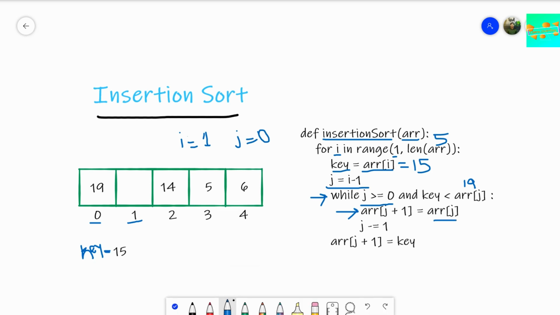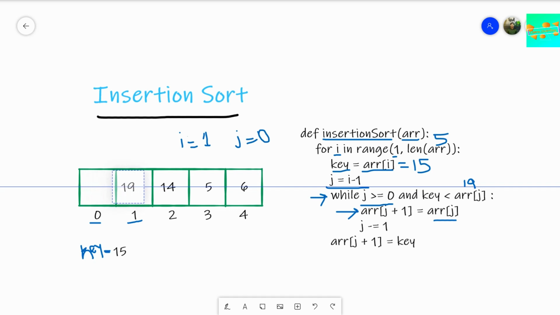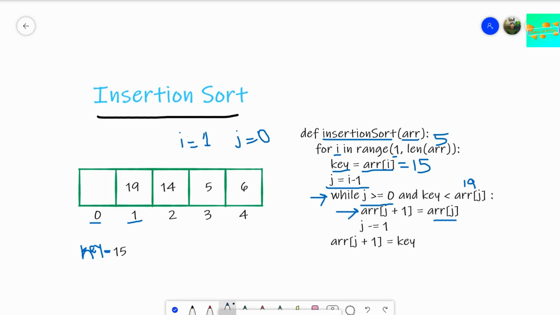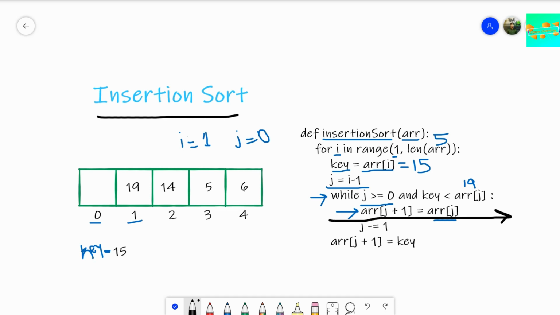So what is array of j? Array of j was 19 and we are assigning that to our array of j plus 1. Now you may say, then what happens to array of j right now? In between this step, if you print array of j, you will still find 19. Why so?